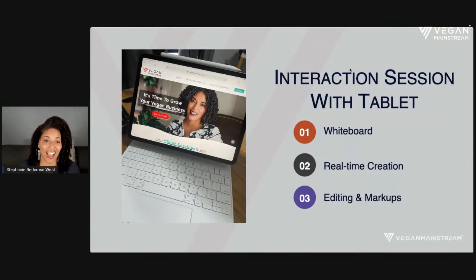But what I love being able to do with the tablet is that when I'm in a session, instead of just showing slides like I am today, when I have something like a tablet connected, I can actually draw on the screen. I can actually do workflows. I can build mind maps together. I can mark up a document. And this way, my sessions can be interactive, they can be unique. And this is something you can do either in a live format, or in a pre-recorded format. What most people are doing is using a separate device like a tablet to do it.